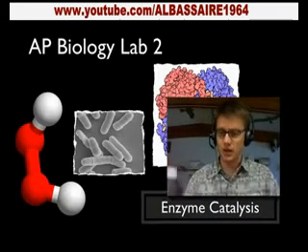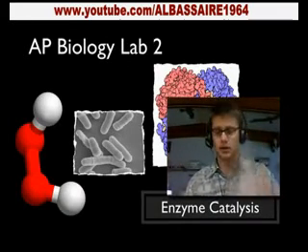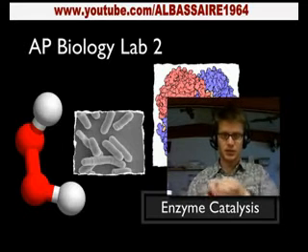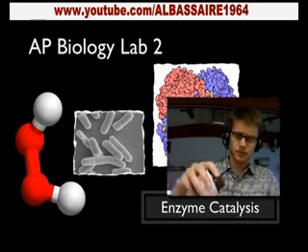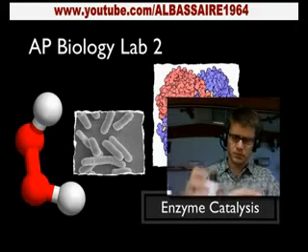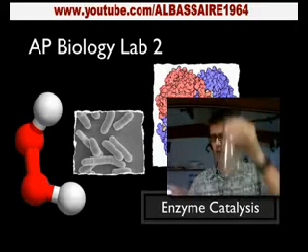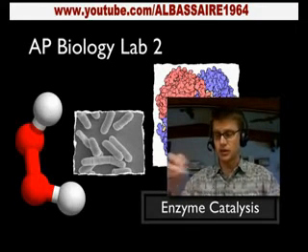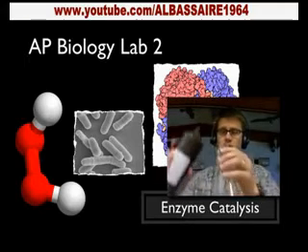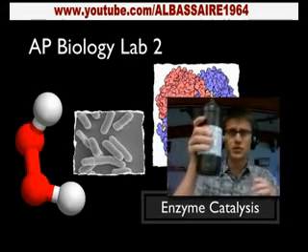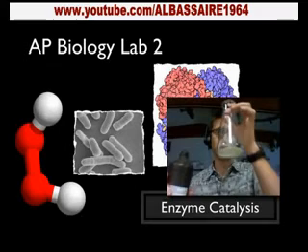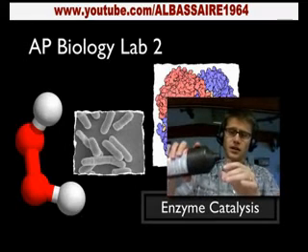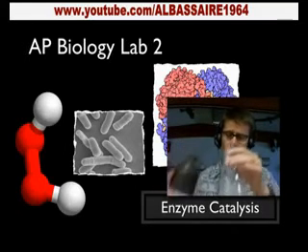So in here I've got a beaker, and in the beaker I'm going to add a little bit of yeast. So if I put yeast at the bottom, now we've got some yeast in there, and I'm going to add a little bit of hydrogen peroxide to that. So hydrogen peroxide contains the substrate, so it's a chemical that's going to be broken down, in this case by the catalase inside the yeast. And so if I pour a little hydrogen peroxide in there